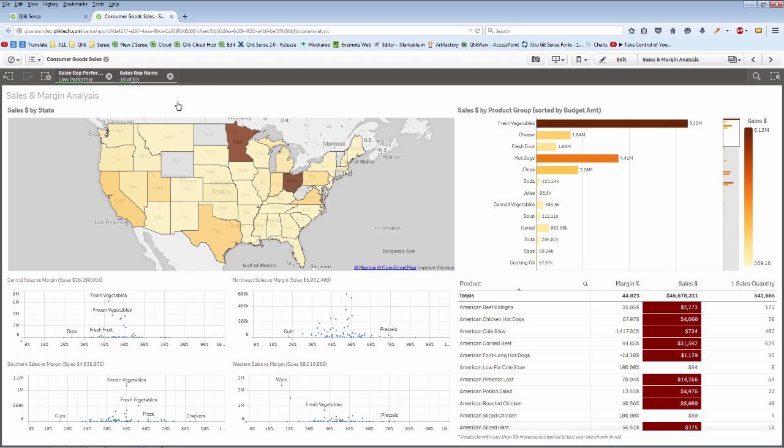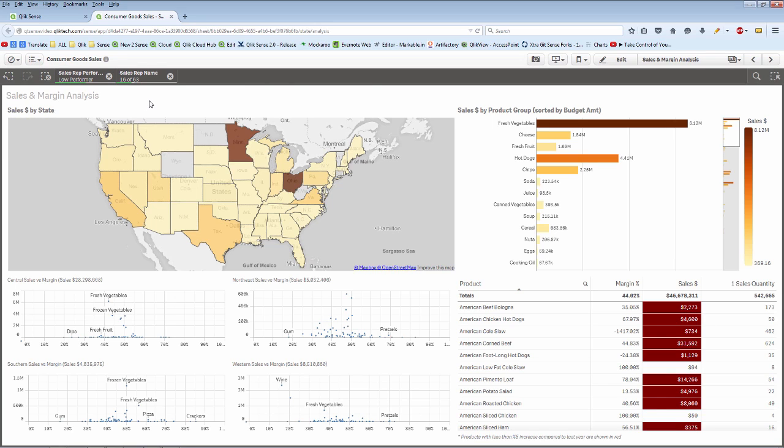Okay. If I wanted to take this information and export it out to, let's say, a graphic like a PNG or a JPEG file, I very simply can just right-click and select Export as Image, or I could also choose to export it to a PDF. If I wanted the entire sheet to be exported to a PDF, I can select Export Sheet to PDF from the menu item above.